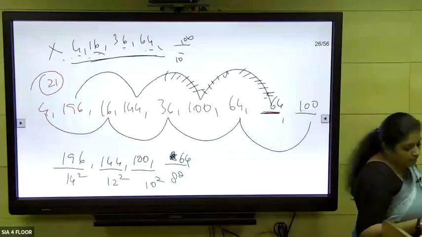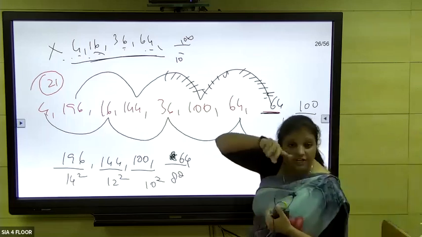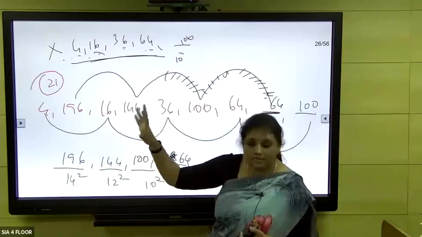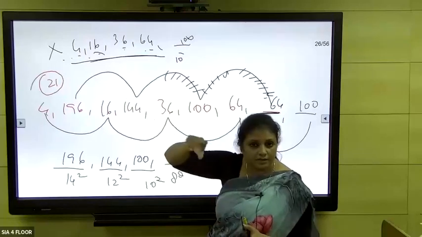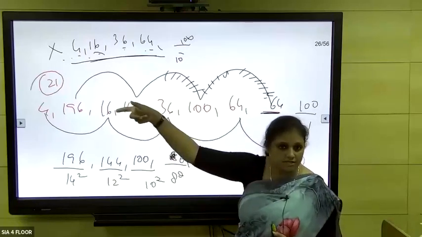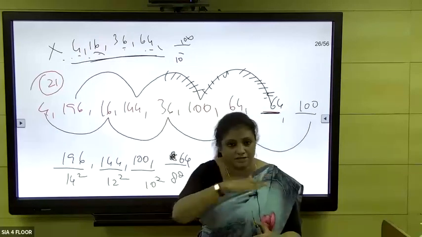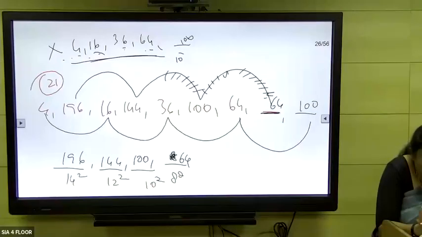No. See, I have told you dual series is different from dual operator. Dual operator is different, dual series is different. First of all, I'll make the difference very clear. There we are connecting the things in the sequence only, but with different operators. Here we are not connecting things in the sequence; alternatively, we are connecting the alternate numbers. So we have to separate whatever is given. That's different, this is different. There is no connection at all. Are you getting that difference first? Yes, ma'am. Okay, you tell me, what is the other way to approach this 12th question you are saying?